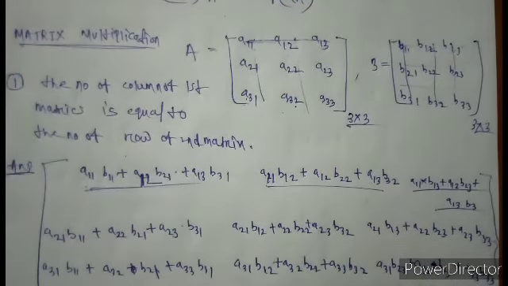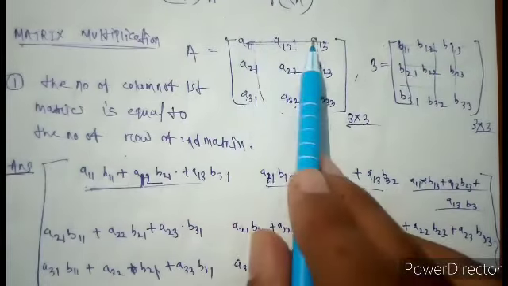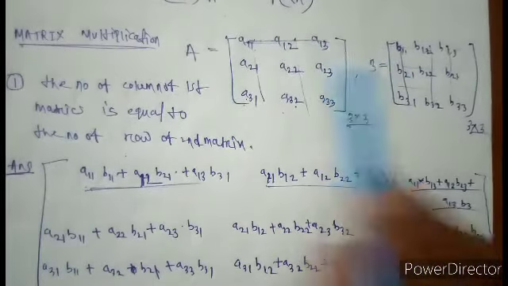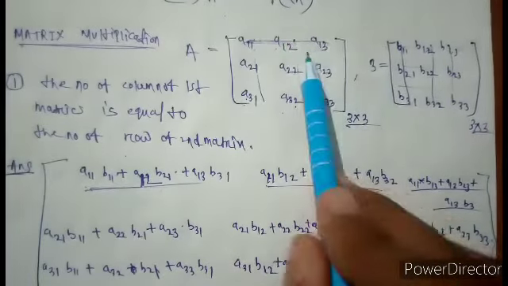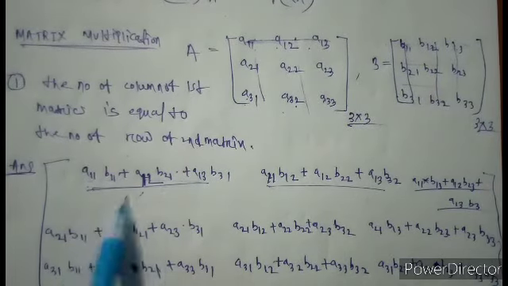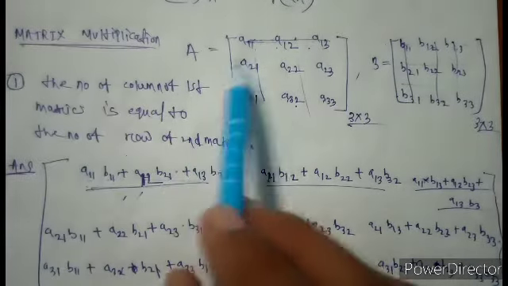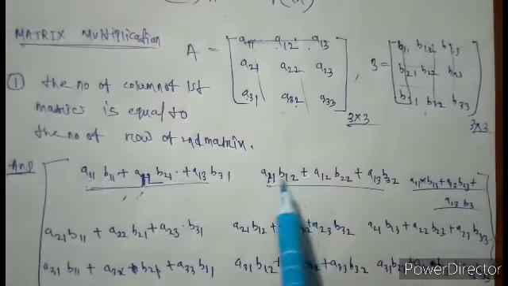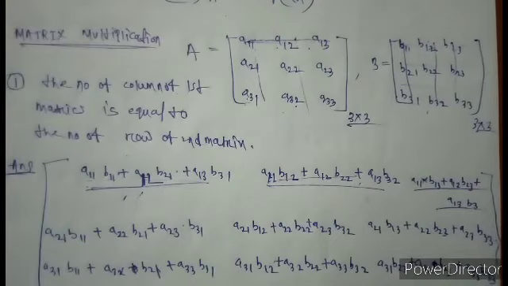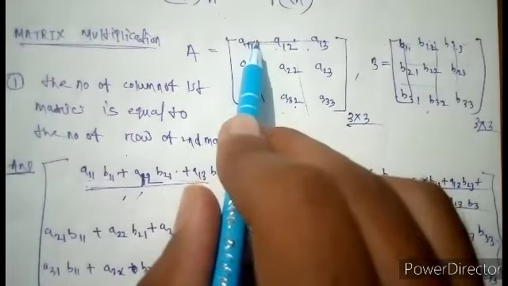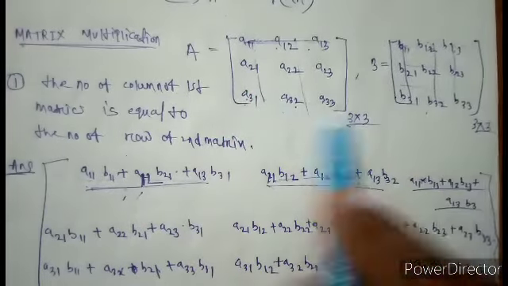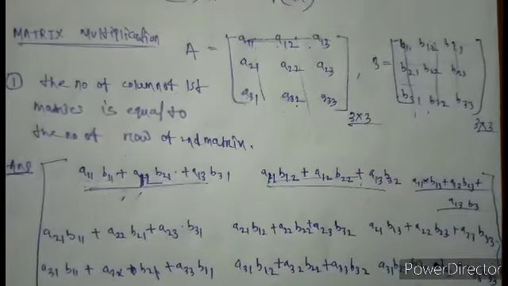Okay, we have to simply multiply this row by the 3 columns. This is multiplied by this, plus this is multiplied by this, plus this is multiplied by this. This is the first element of row and column. Then again, this row multiplied by the second column gives the element of the first row of the matrix. Similarly, this is multiplied by this, and this by this, okay.